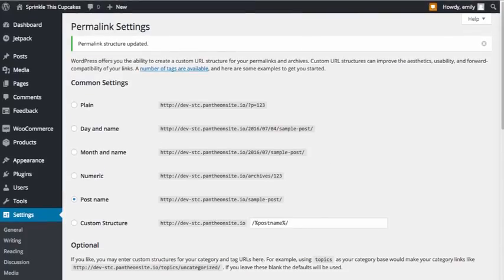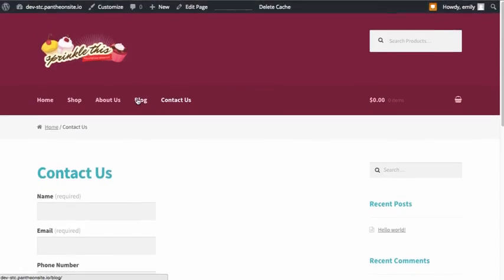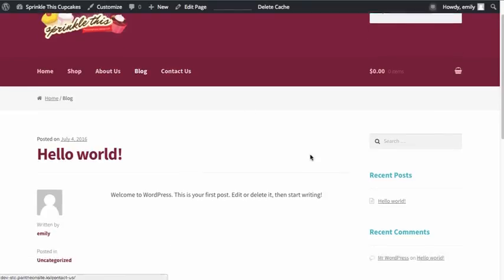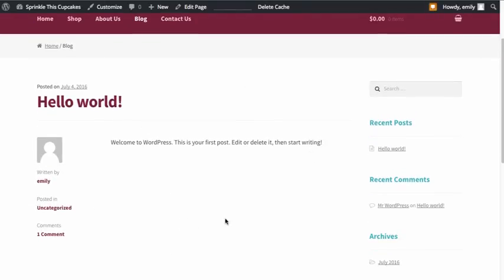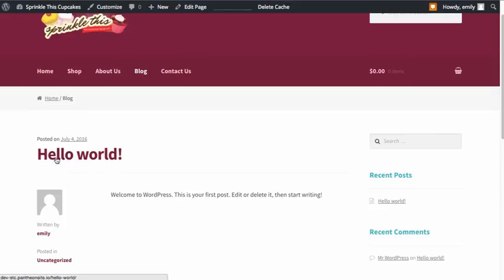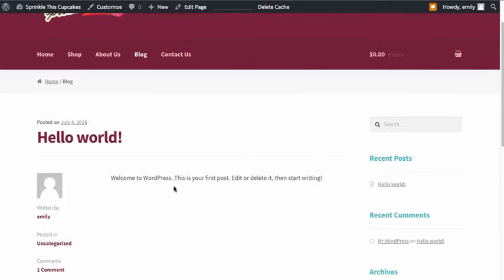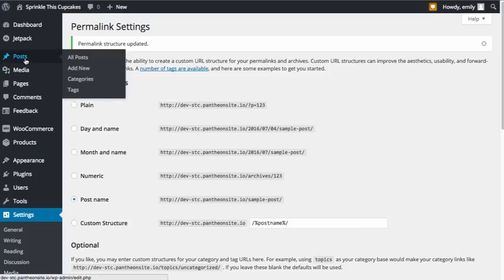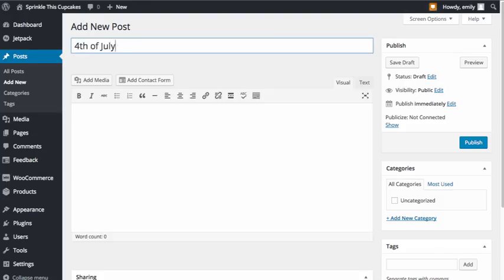Let's go into the front end portion of our website, and let's go back to the blog page now. As you remembered before, the blog page was completely blank. Now you can see that it's populated with some content. The content that it's pulling in is from any posts that I have in my website. So I only have the default Hello World post, but if we go back into the back end portion of WordPress and set up a new post,